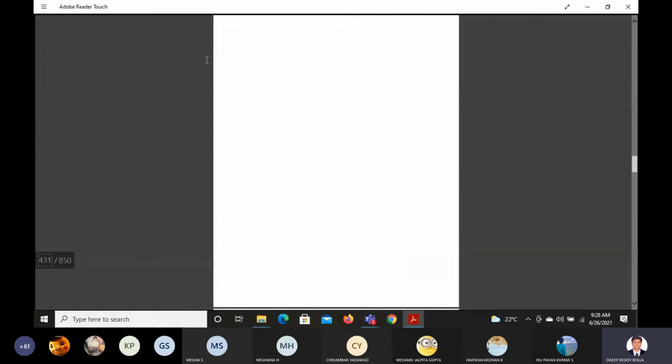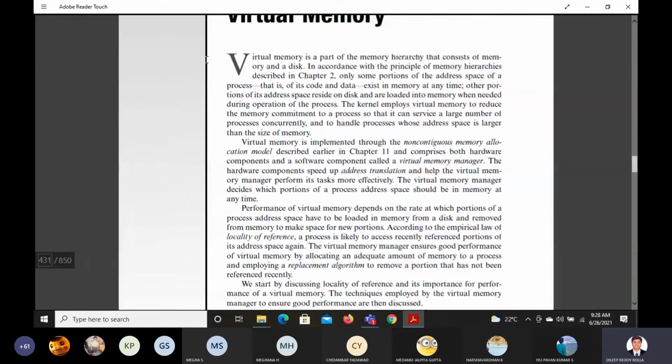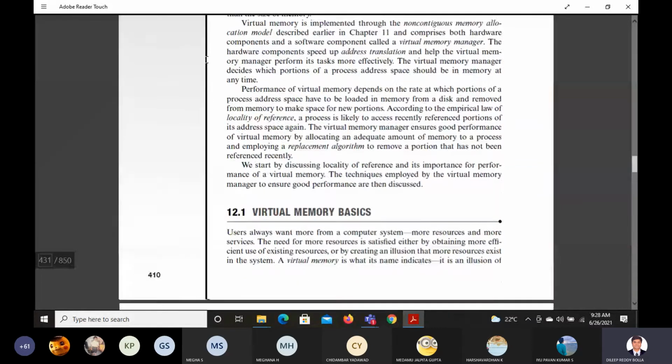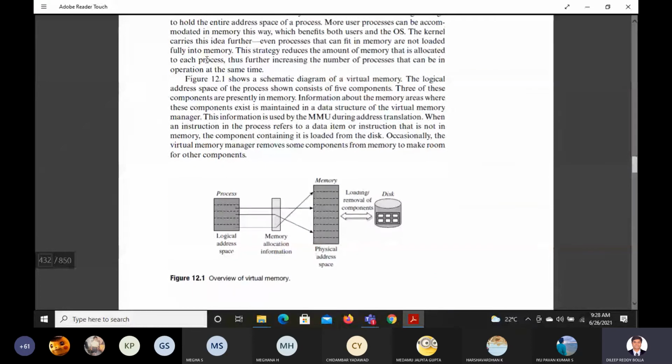I'll go to this virtual memory part. Definitions are there. When you're free, you read it. From the exam point of view, now just read the basics. What's the definition? All that you read. So they have shown, if someone asks you to briefly explain the concept of virtual memory, you can use this diagram, which will show you how the logical address will translate to physical address by using memory allocation information or the memory management unit.